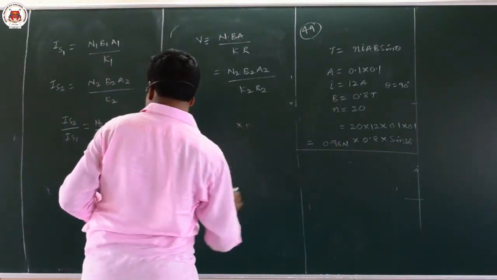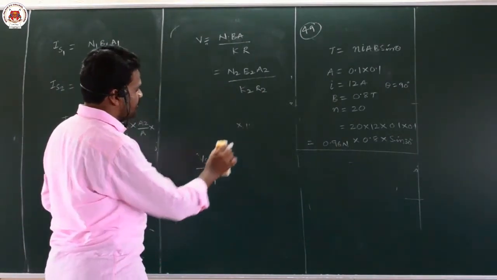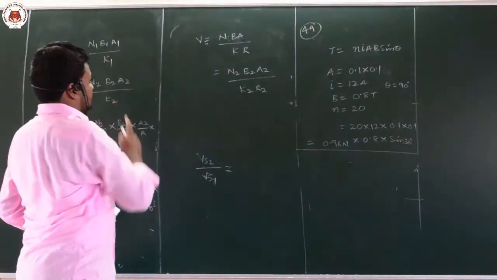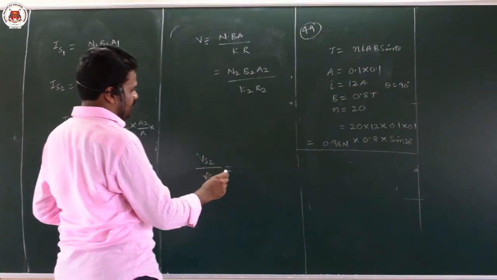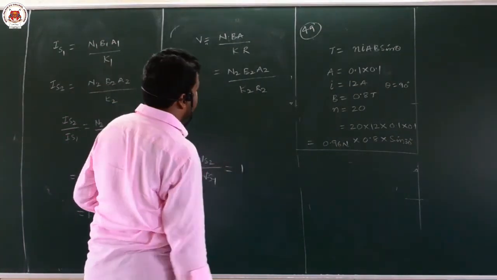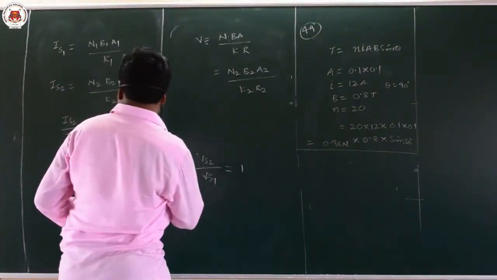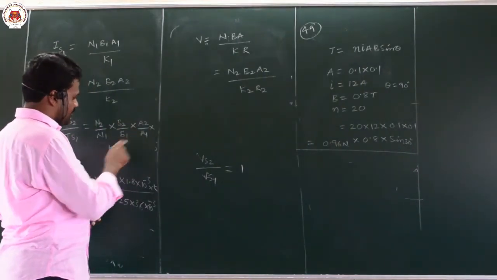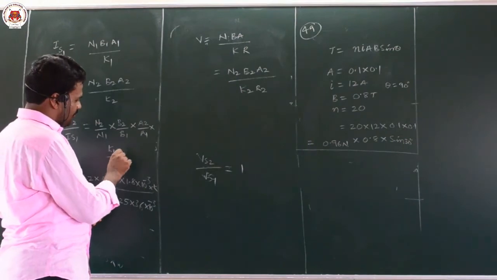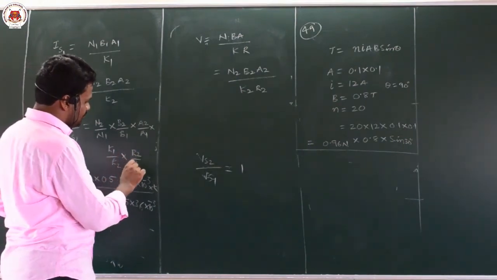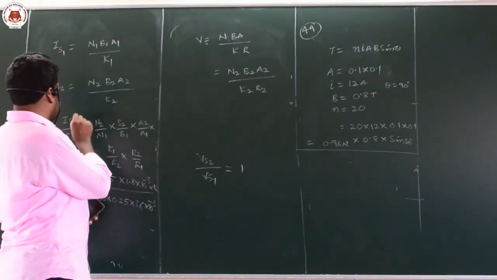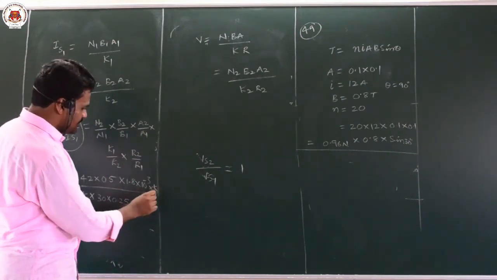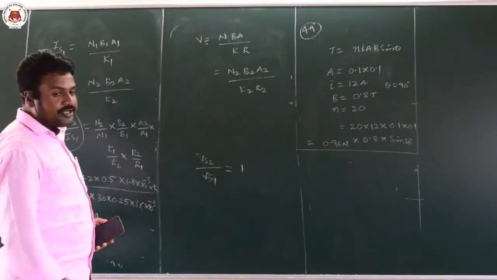Similarly, exactly like this you divide, just you have to write resistance extra here. Resistance will come extra here. To divide the voltage sensitivity, you will get this as 1. Take the values again, N2, N1, B2, B1, A2, A1 into K1, K2 into R2, R1. This is the voltage sensitivity ratio. If you convert this into voltage sensitivity, here you will get R2 by R1. Just multiply with R2 by R1, you will get the answer.